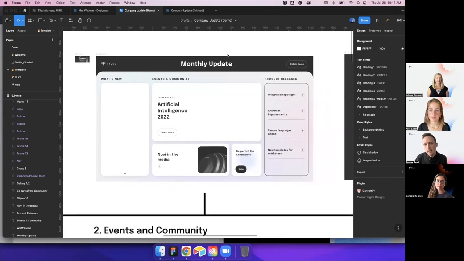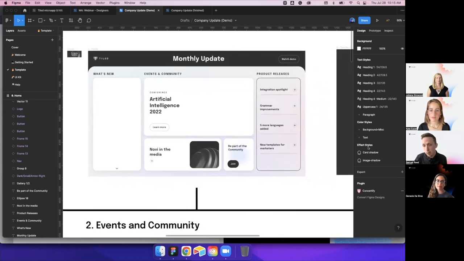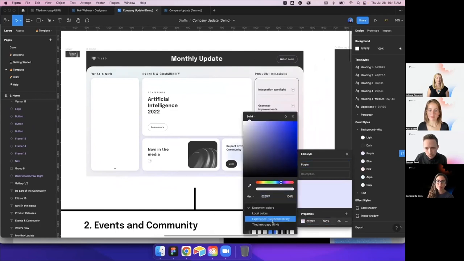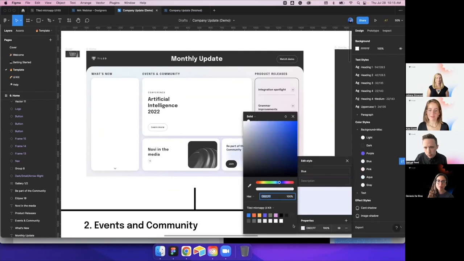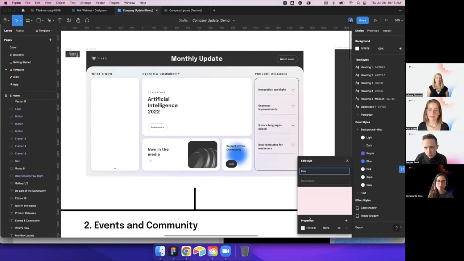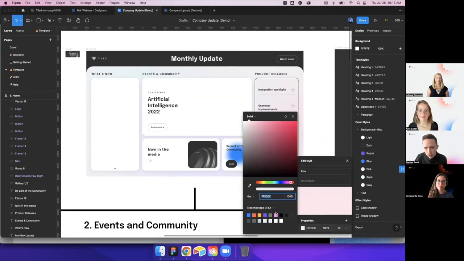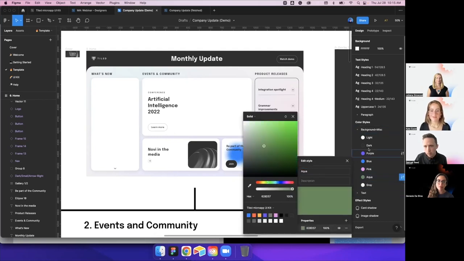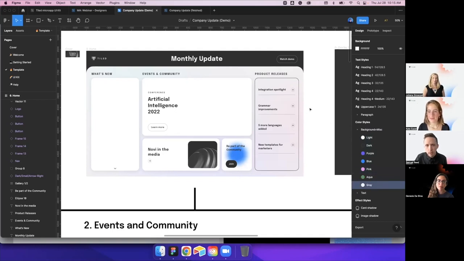Next thing I want to do is update colors to kind of match our brand, right? So I'm going to go over here to our color styles on this right panel. And we've got all these colors set up in here. So I'm going to just kind of change some of these. So if I just click on that, I can go in here and click on the color, and I'll go to our brand colors, and I'll just change this to like our purple. I'll do the same thing with the blue. Just update these to match a little better. Change that one to the pink. And for this, let's do the green. Why not? So it's very easy to go through here and update all your colors, and then you'll